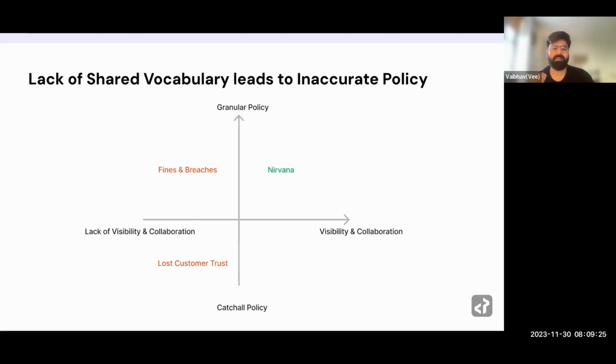So I would say, as a privacy officer or as a privacy team, the fact that you can write a granular policy requires you to have great visibility and collaboration with your engineering team. And that's kind of a nirvana space. We're going to touch upon how you can reach that space. Typically, everyone starts with less visibility and less collaboration. But as you move to a place where you have good visibility, collaboration and governance, you can actually write policies or promises which you can make sure are being held true in your company as more software